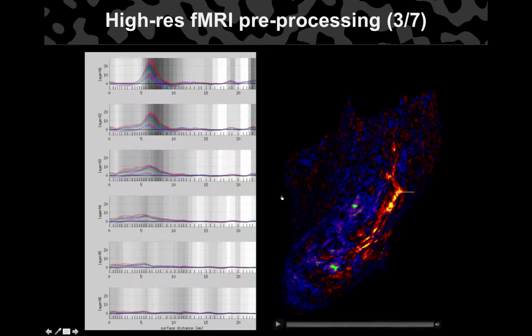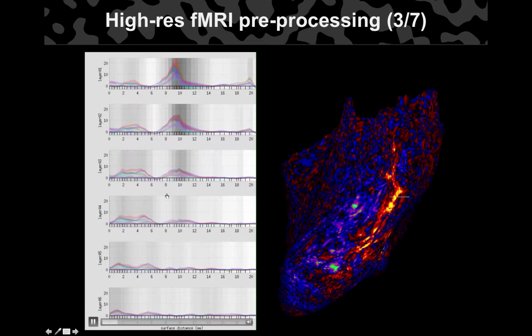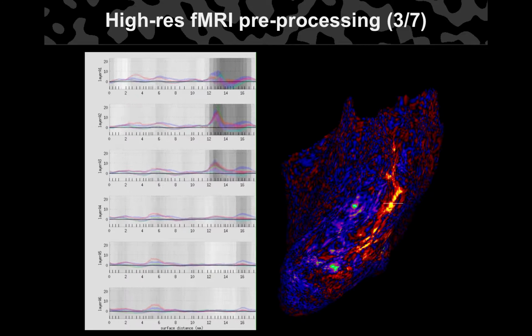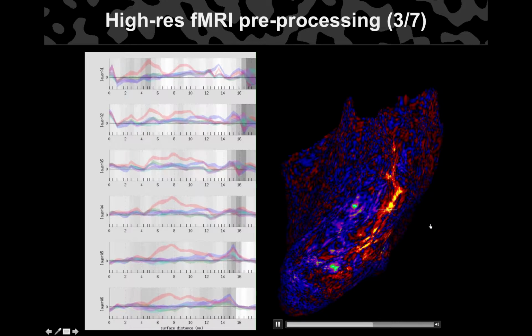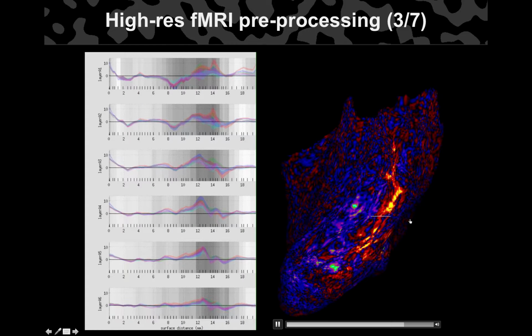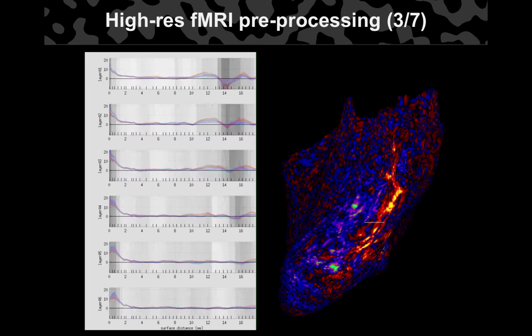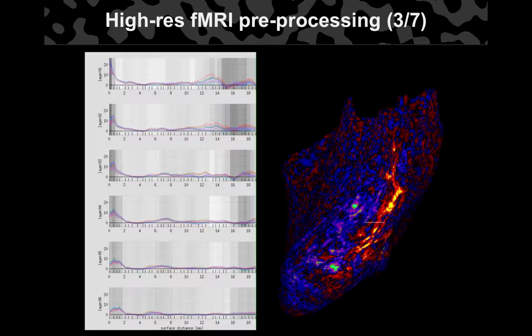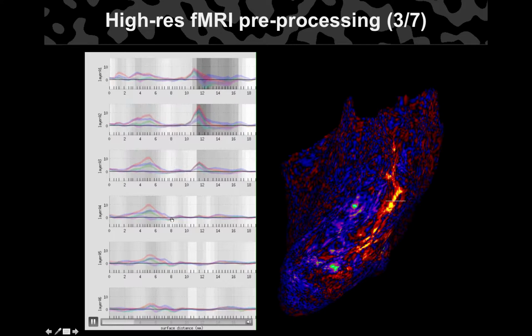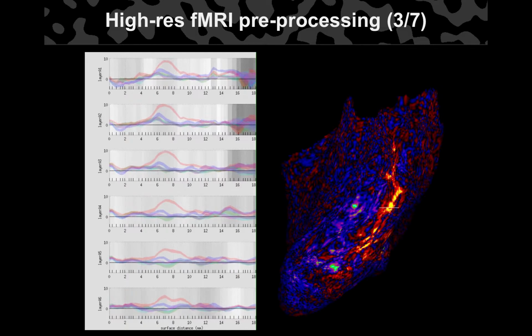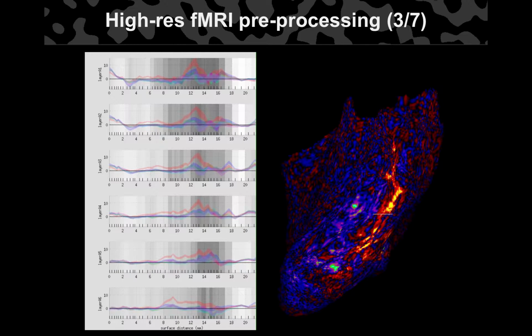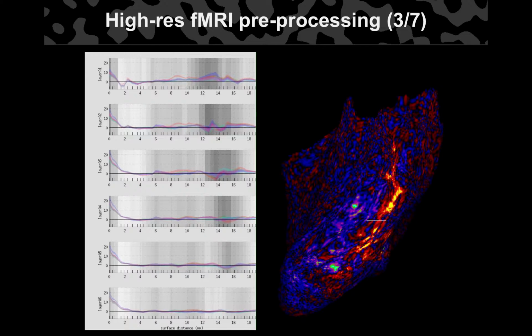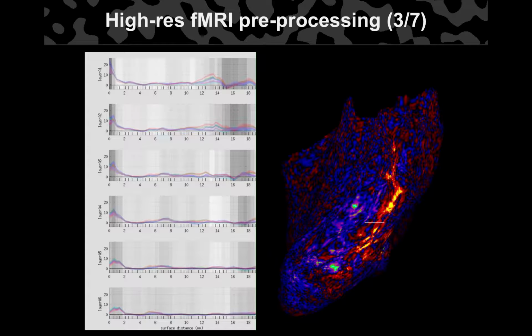If I play these two movies against each other, you can see a correspondence between where we sample, looking at this white line that's moving posteriorly on the ventral aspect of the brain. This is actually the fusiform gyrus, so we're sampling the high-resolution data at different posterior and anterior levels, just trying to see the effect on the data. As you can see, there's a lot of detail, and a lot of data to pour through.